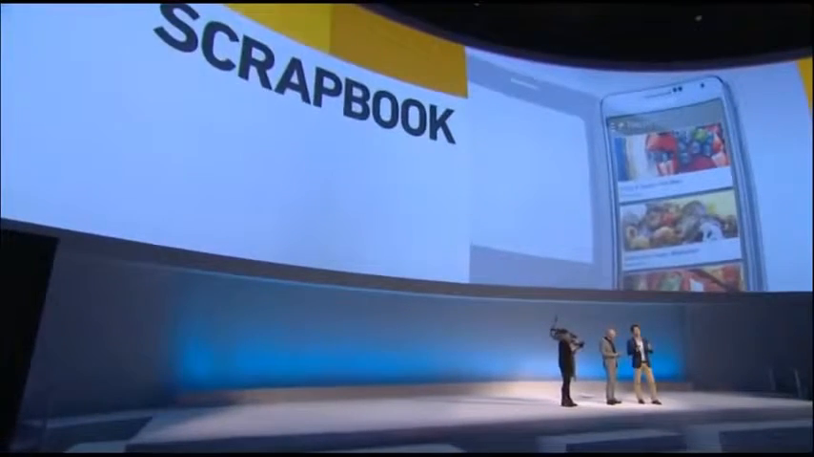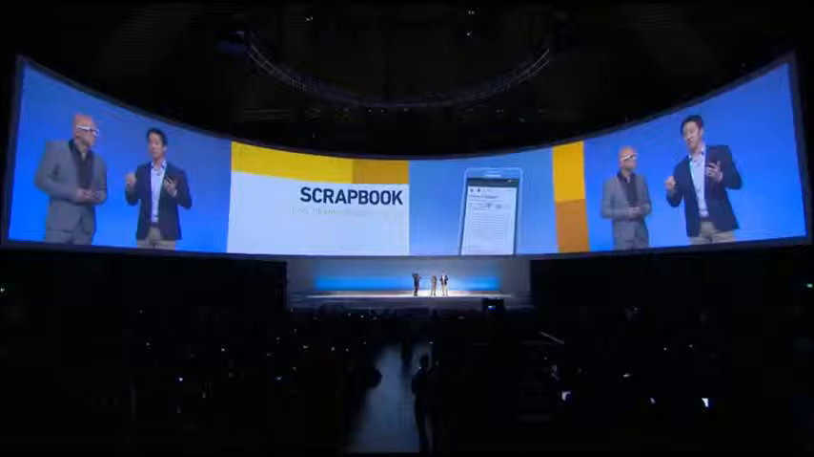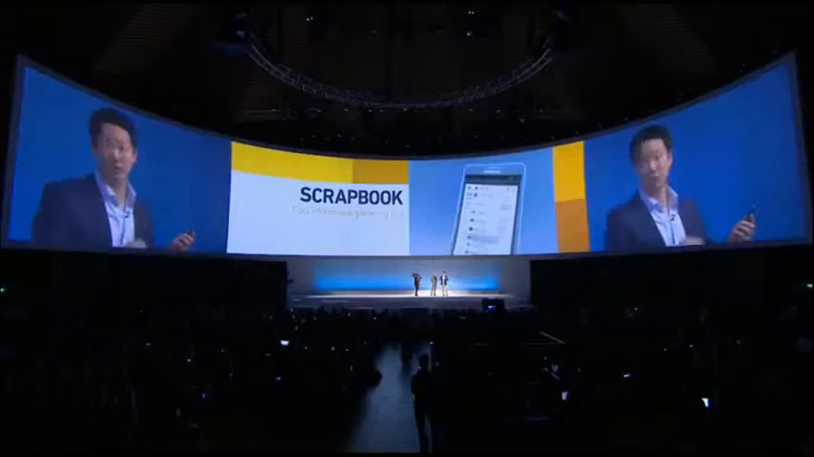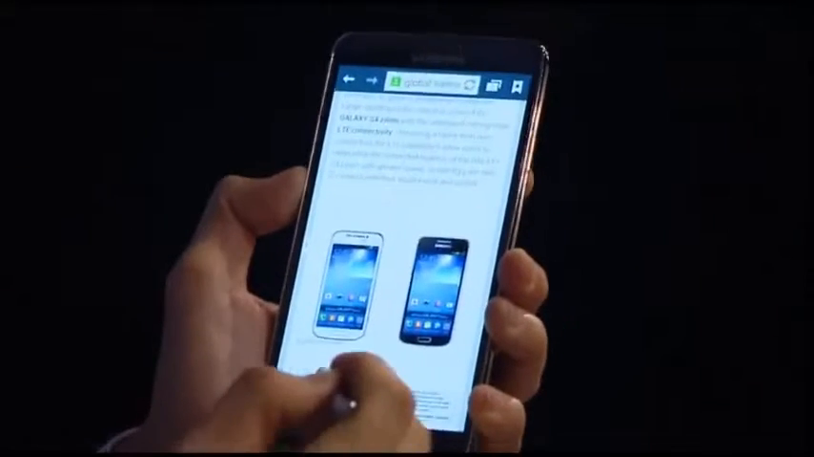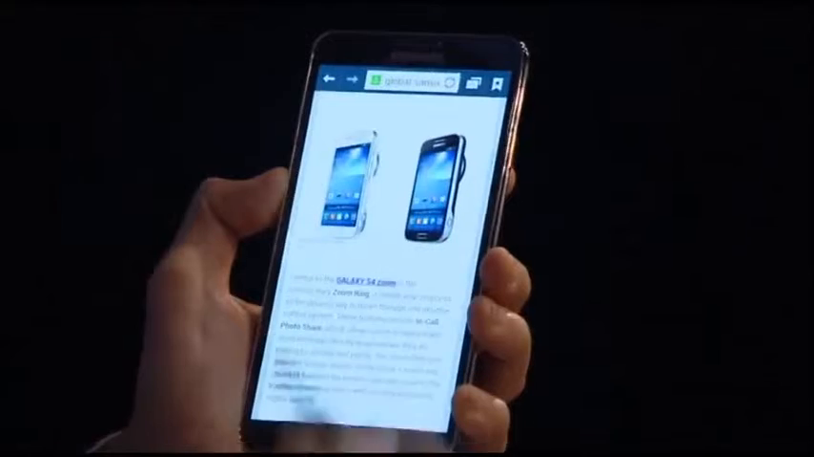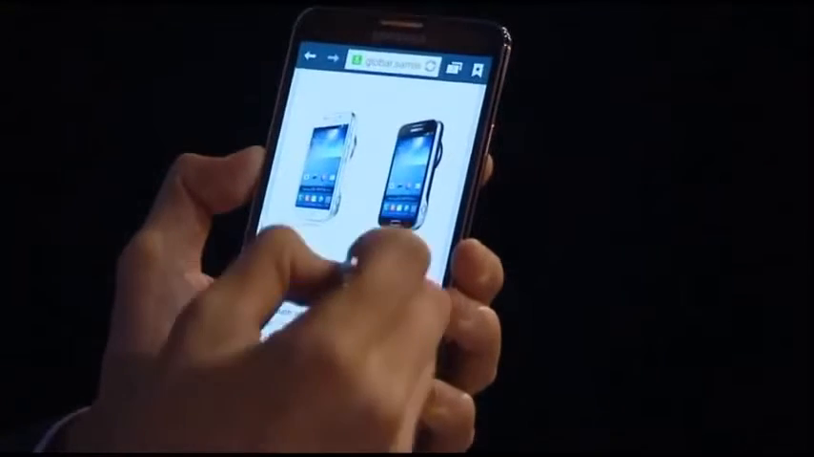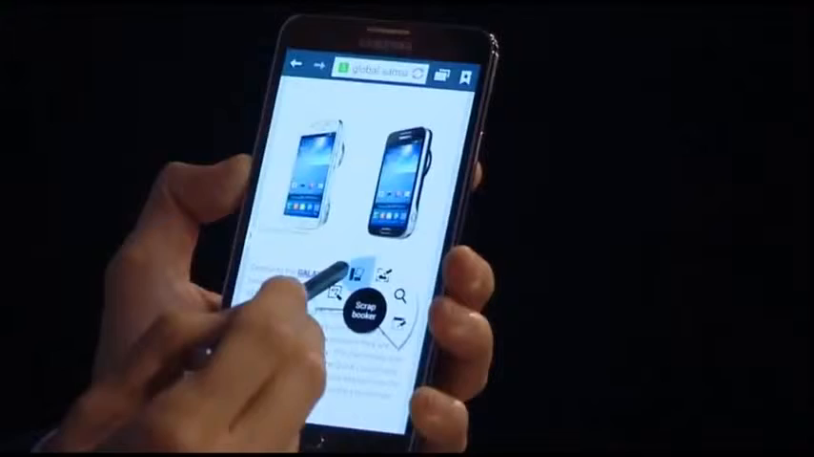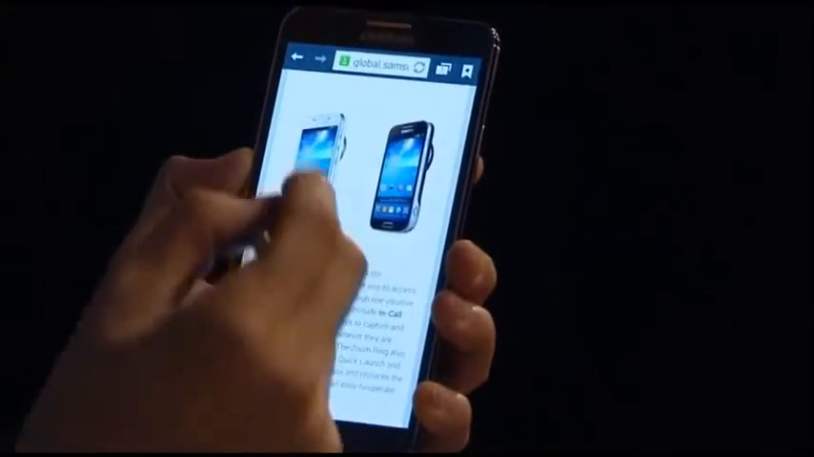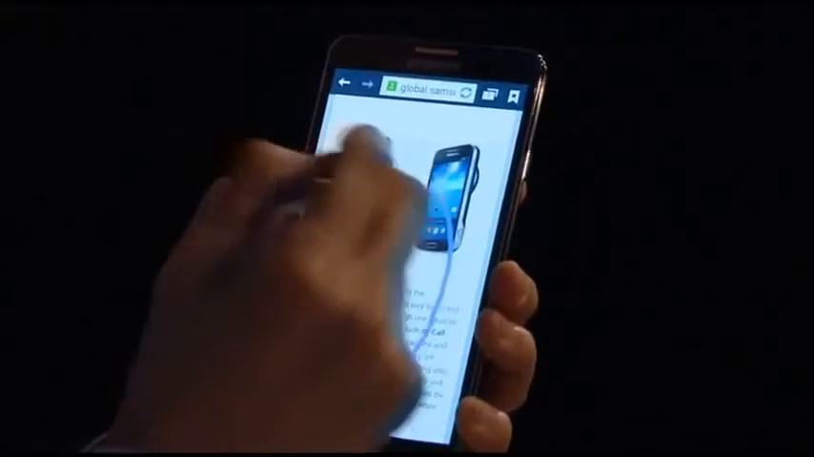Okay, so Circle is all about capturing and organizing content in one place. Okay, I'm getting that. And it's like a scrapbook, and that's actually what we call it. So when I find content I want to save, it's as easy as drawing a circle. And let me show you how easy it is. I'm going to launch my browser to a page of some tech that I'm interested in, okay? Now I go to something that I want to save for later, and what I do is I bring up Air Command, and I click on Scrapbook. And all I do is I just draw a circle around the content that I want,